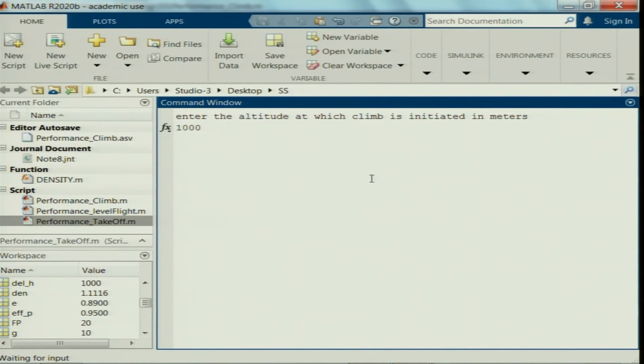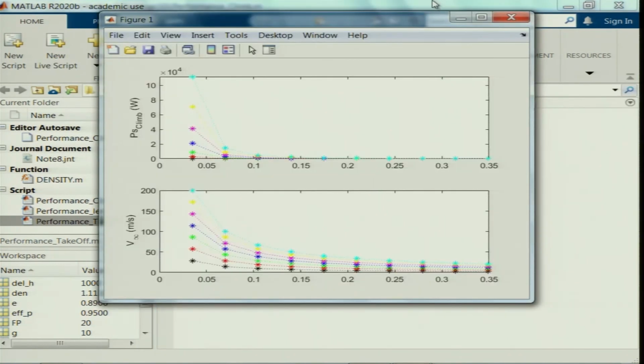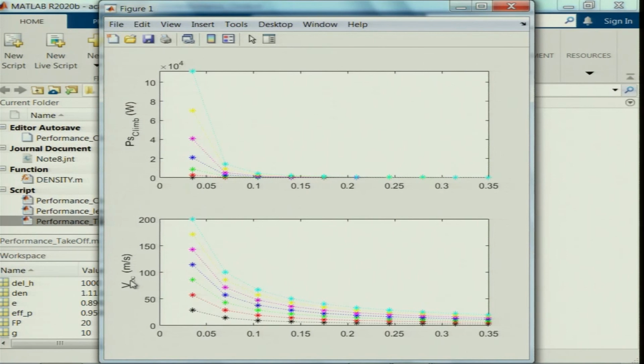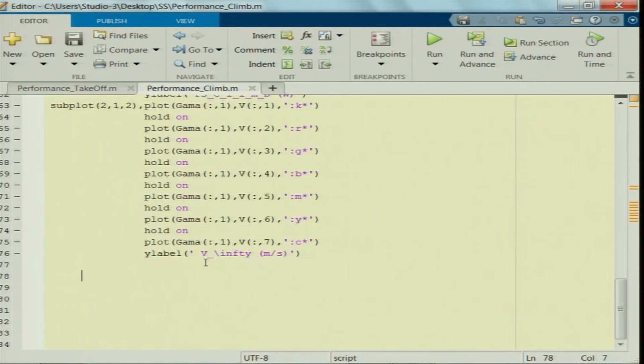So, the altitude at which we are initiating this climb is 1 kilometer with respect to mean sea level, and we want this to climb to an altitude of 1 kilometer from there. So, you can notice, infinity backslash infinity stands for V infinity here. So, x label here,